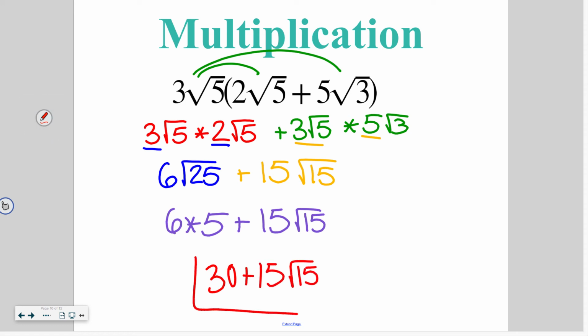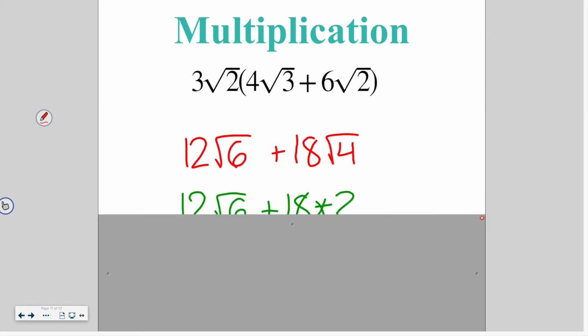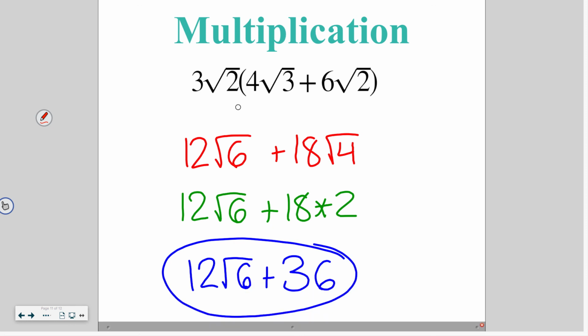You cannot add 30 and 15 because 30 does not have a square root with it. Go ahead and try this one on your own, resuming the video when you are done. So multiplying the outsides, 3 times 4 is 12, 2 times 3 is 6. That maintains. Then I've got 3 times 6 is 18, 2 times 2 is 4. So that gives me 18 square roots of 4. We can solve the square root of 4 and multiply to get 12 square roots of 6 plus